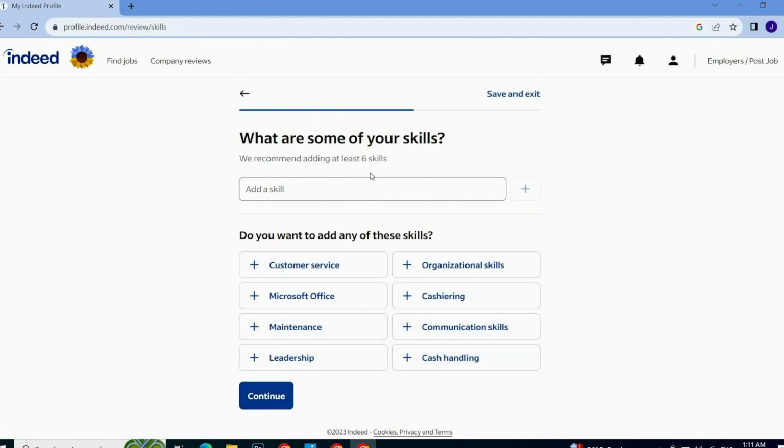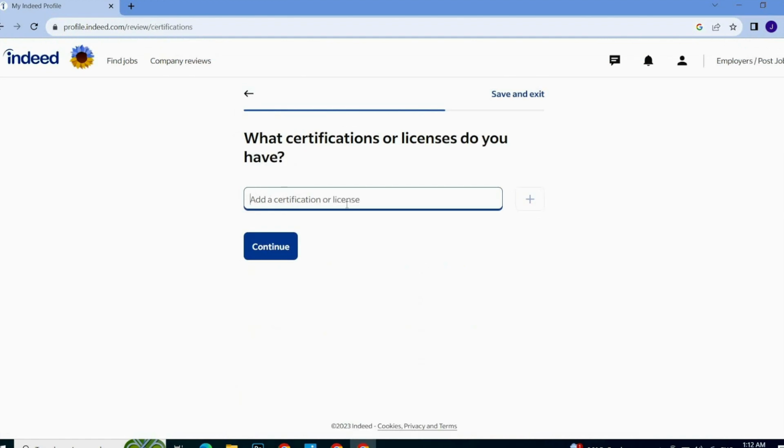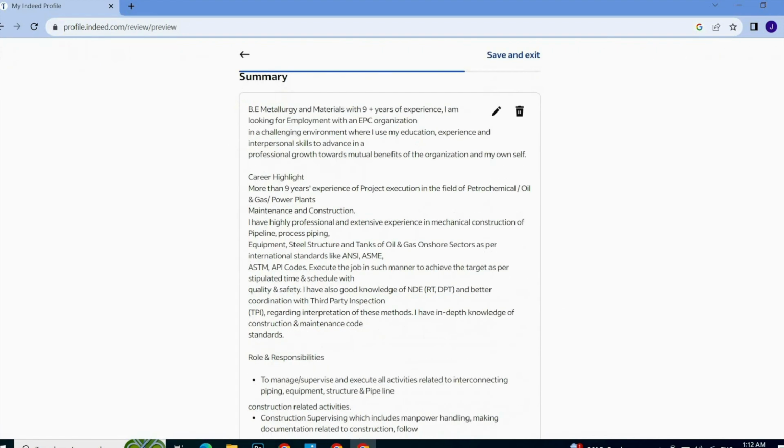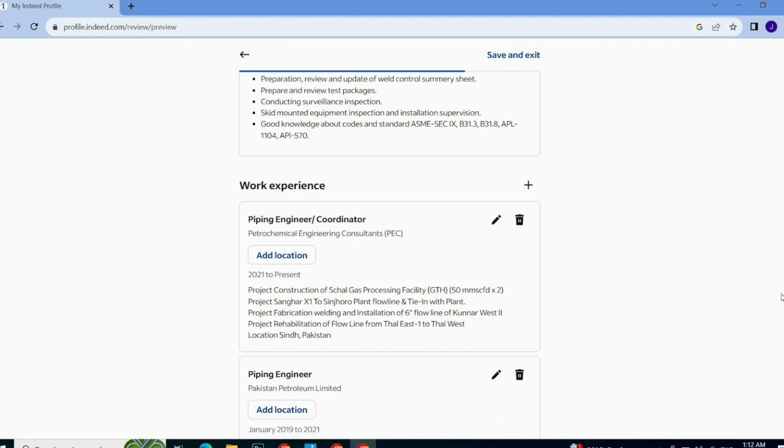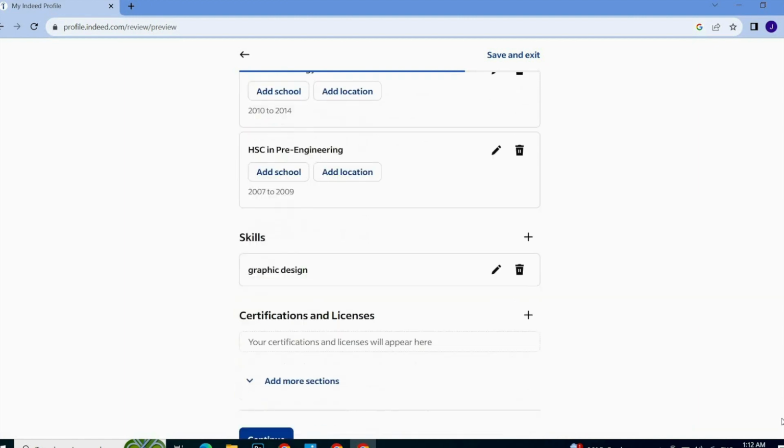Here you can add your skills, like if I am a graphic designer, I can add my skills and I can continue with the continue button. You can add your certifications or license over here and then continue. So this is the summary, and you can just read carefully and edit if you want to make changes, and